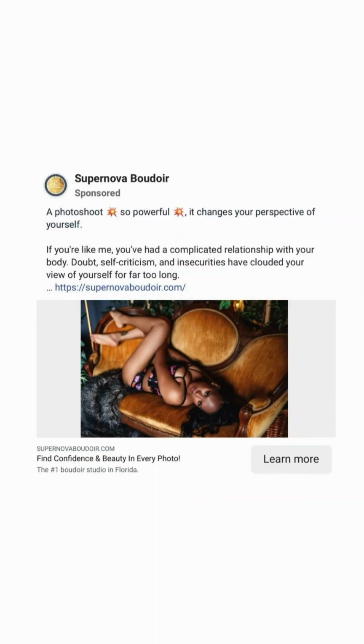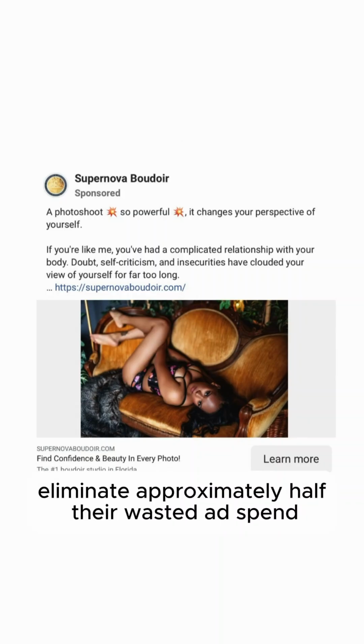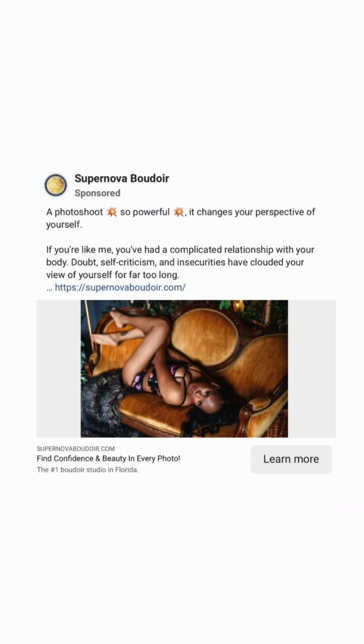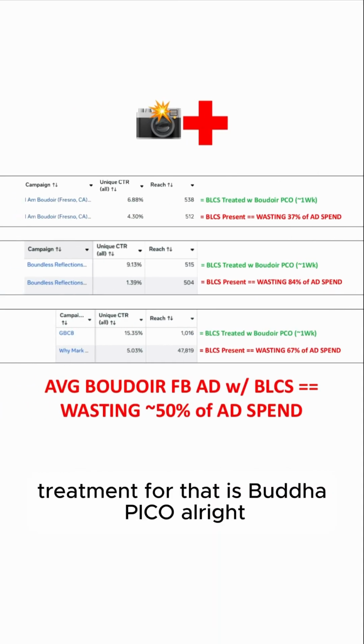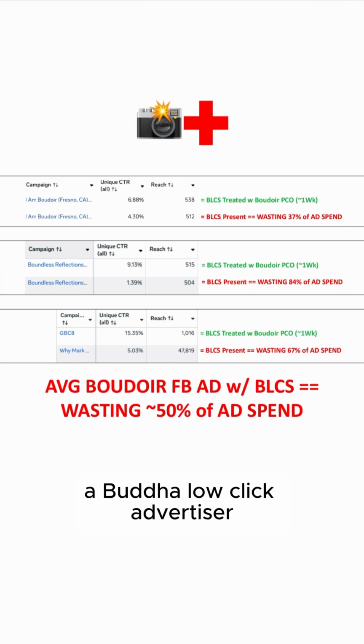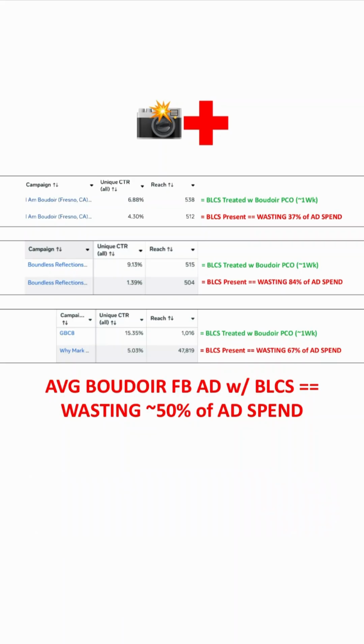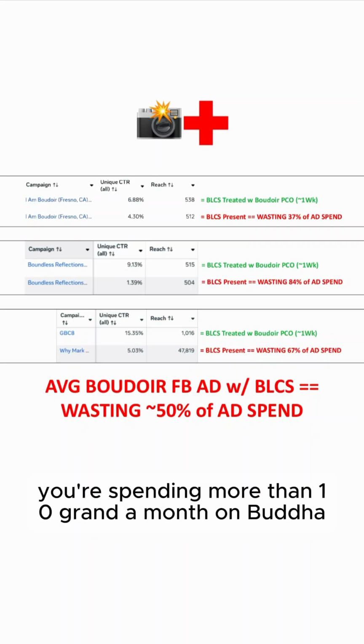So from what I'm seeing here, I do believe this Boudoir Facebook ad has BLCS, aka Boudoir low click syndrome, and if they want to eliminate approximately half their wasted ad spend, the treatment for that is Boudoir Pico. All right, so if you're a BLCA with BLCS, a Boudoir low click advertiser with Boudoir low click syndrome, unique CTRL of your Boudoir Facebook ads under 6%, and you're spending more than 10 grand a month on